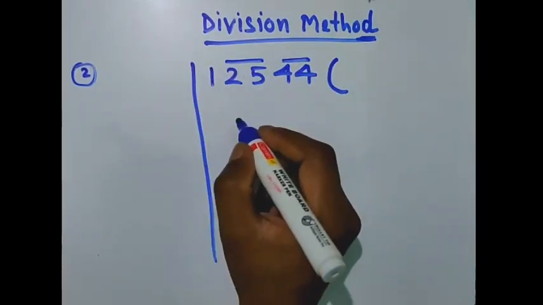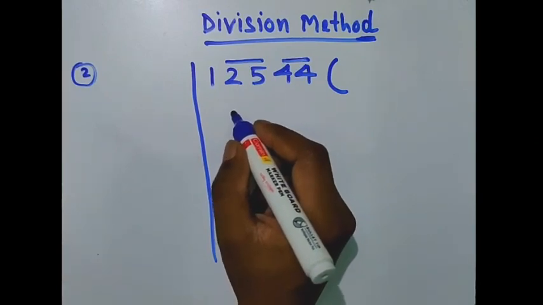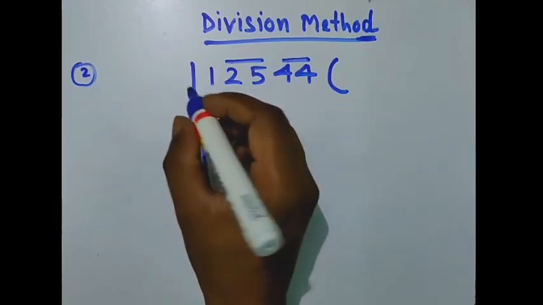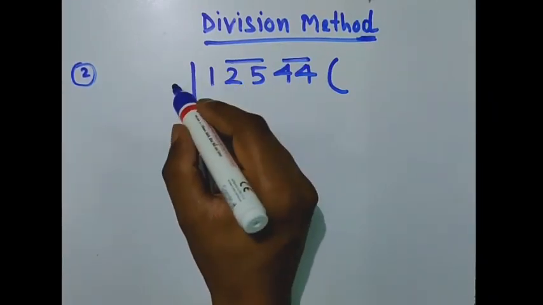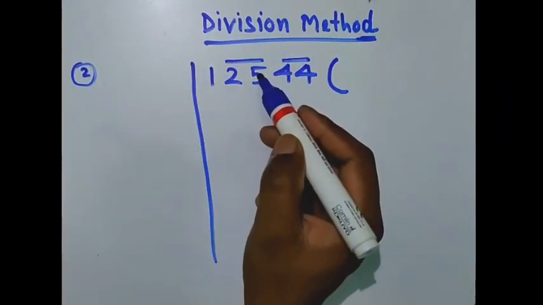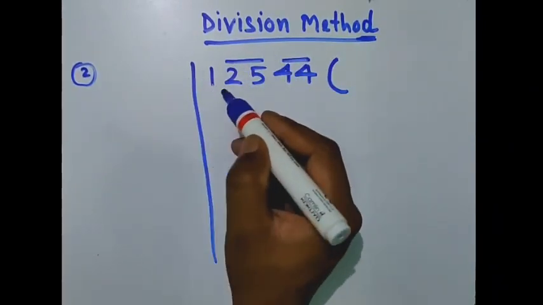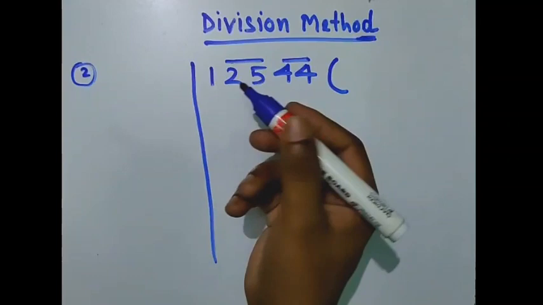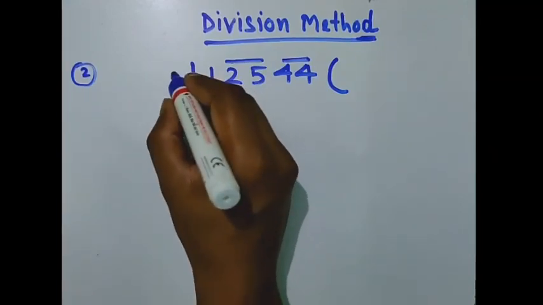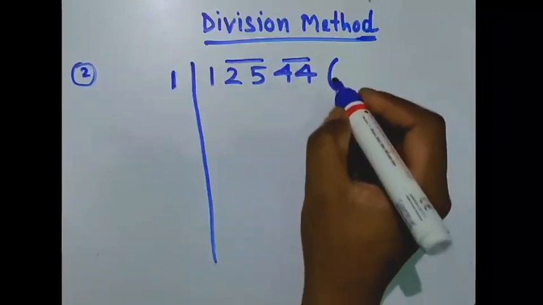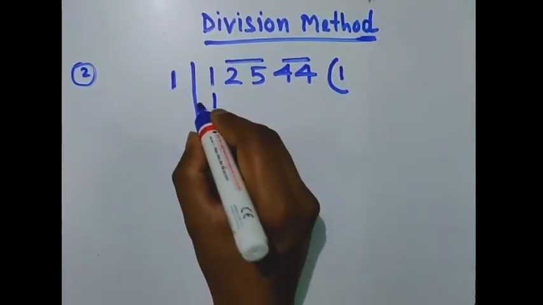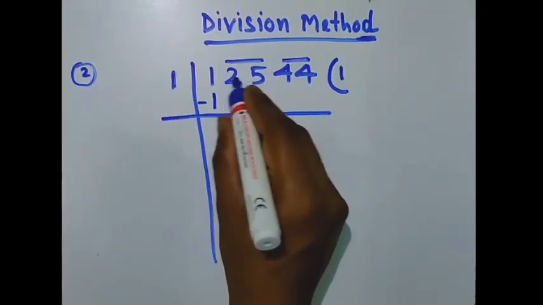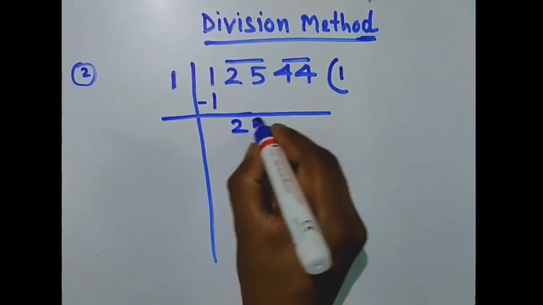So leave 1 as it is. So 1 will be alone. So we'll divide 1 first. So what is the number that you can multiply square to get 1 or less than 1? We know it is 1, because 2 times 2 will give us 4. So to divide 1, we'll multiply with 1. So 1 1s are 1, and we subtract, nothing is left. So next number we'll carry down, that is 25.